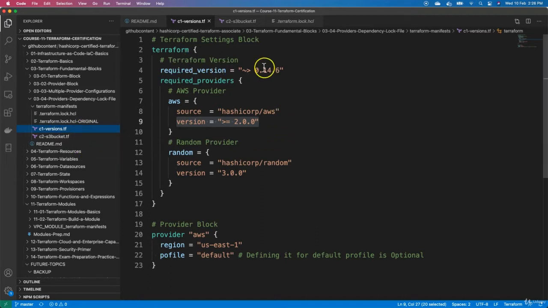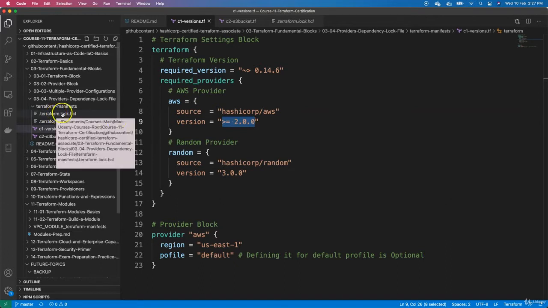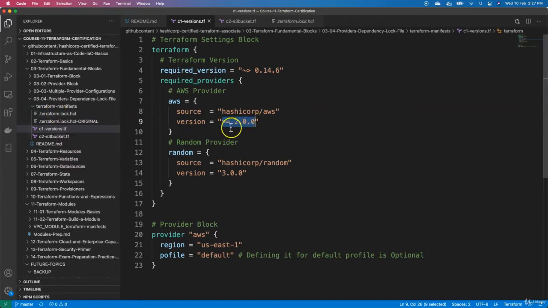versions.tf. So you have the Terraform required version defined here, and for your required providers you have the AWS provider, and you are saying that greater than or equal to 2.0.0 is your version constraint here. And for the random provider you just provided 3.0.0, whatever the version, that is fine for us. Our core focus is on the AWS provider, and its version constraint is greater than or equal to 2.0.0, which means if there is no log file, then it is automatically going to give the 3.27.0, whatever is latest